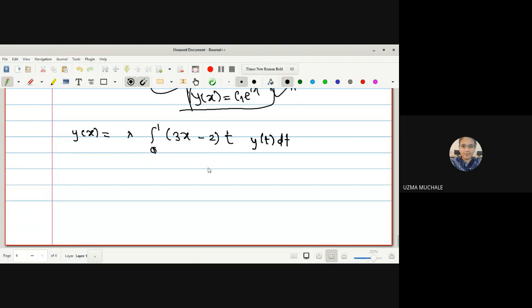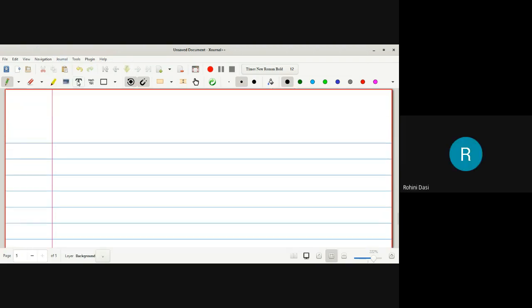Again, this is in the form of functions of x and functions of t only. As it is a Fredholm integral equation, the upper and lower limits are constant, and f of x is 0. Hence, it is the case of a homogeneous Fredholm integral equation of the second kind. After seeing the kernel, you can verify which method should be applied. In the kernel itself, we can see this is nothing but a sum of products of functions of x only and t only. Have you written? Yes, ma'am.